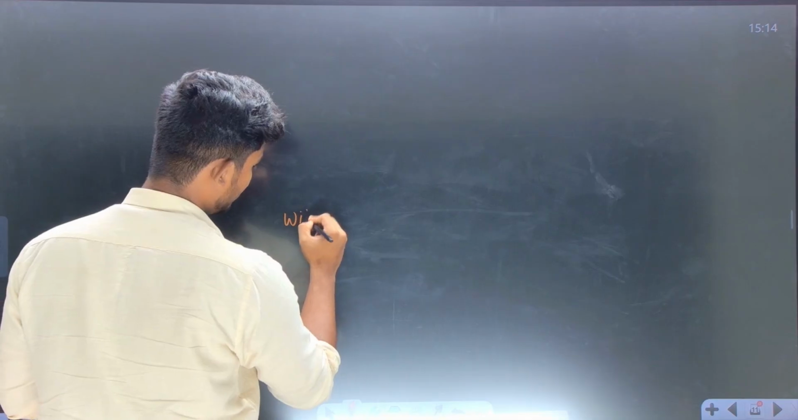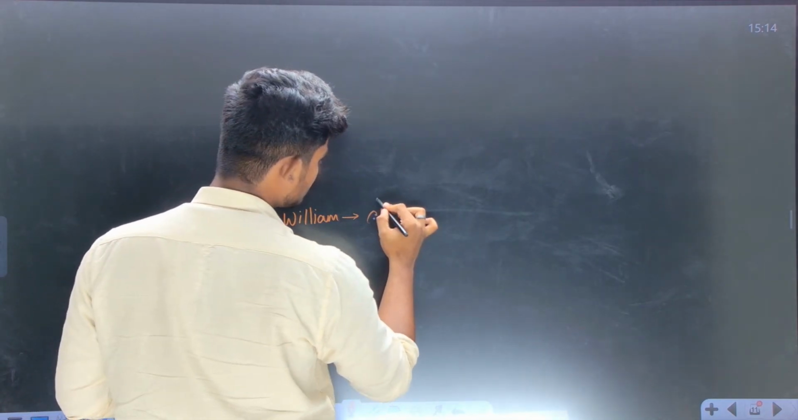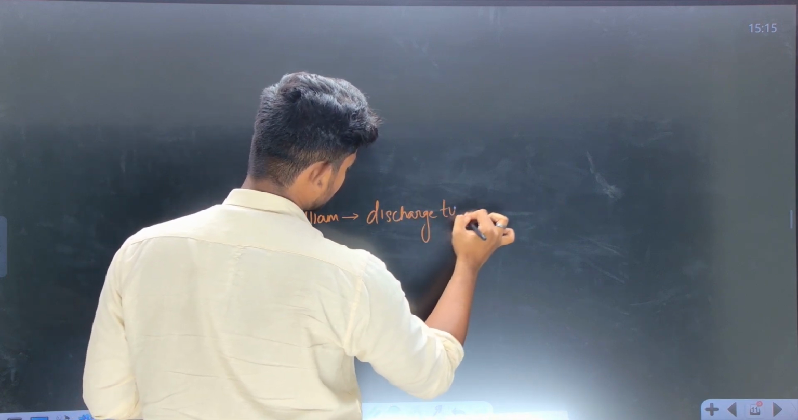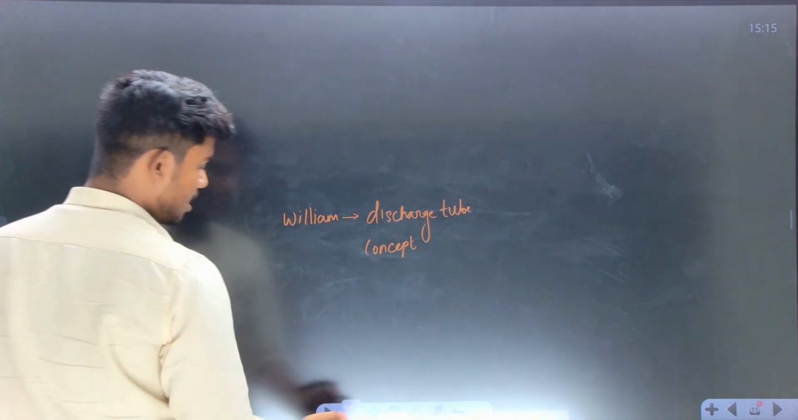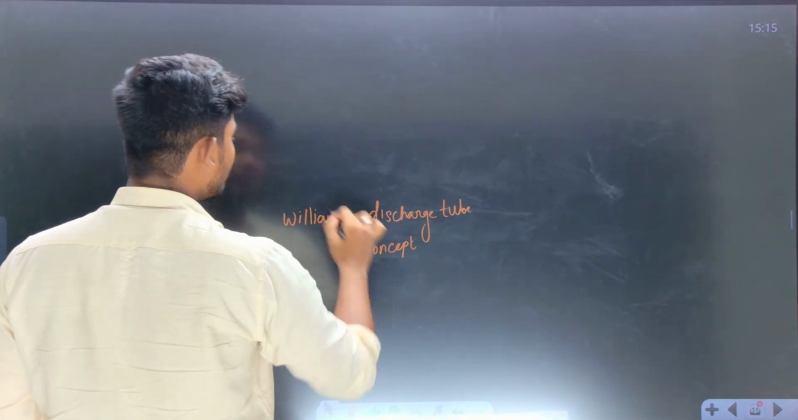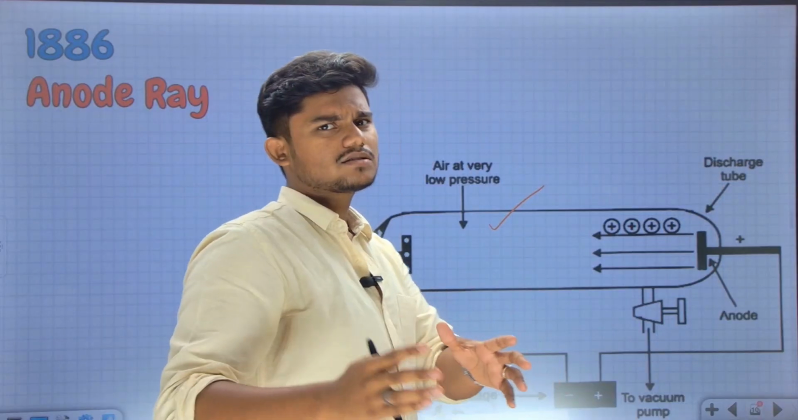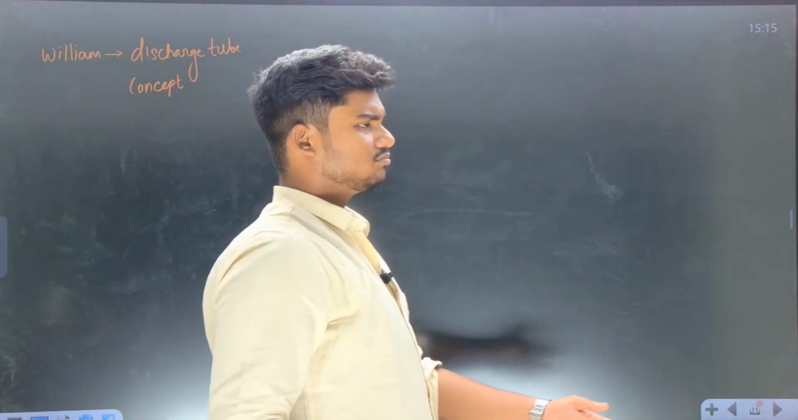So the concept of the discharge tube was introduced by a scientist named William. And this led to the discovery of anode rays and cathode rays, which further contributed a lot to the discovery of subatomic particles. So let's first start with the negative one,